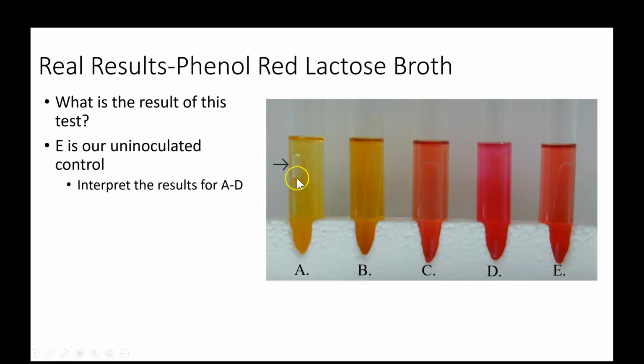While in tube A, we see that it's not only very clearly lowering the pH, we have a nice yellow result here in our media, but it also has gas accumulation, because we can see that bubble that's been trapped in the Durham tube. So A and B are both positive results. B would be positive for acid production. A would be positive for acid and gas production compared to our uninoculated control E. So here's how we interpret these results. Phenol red,